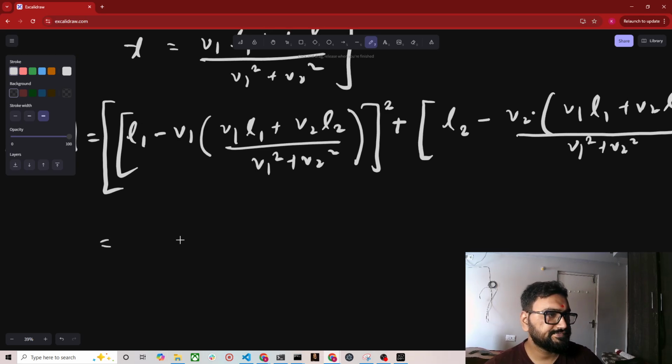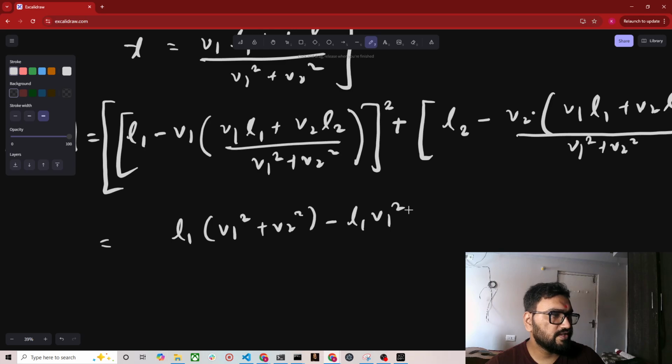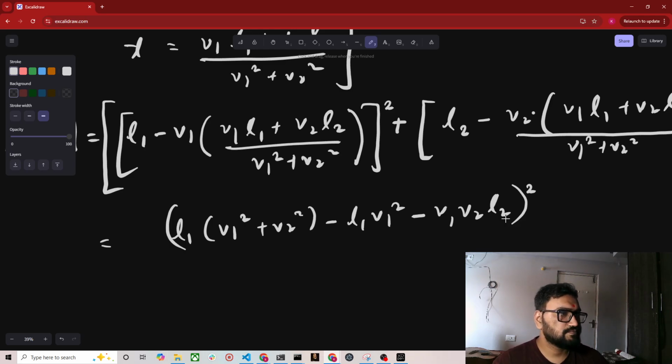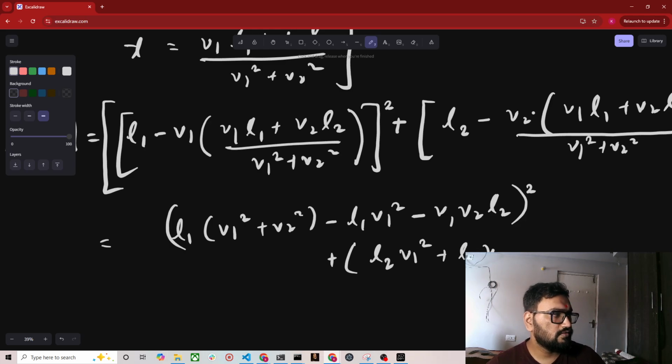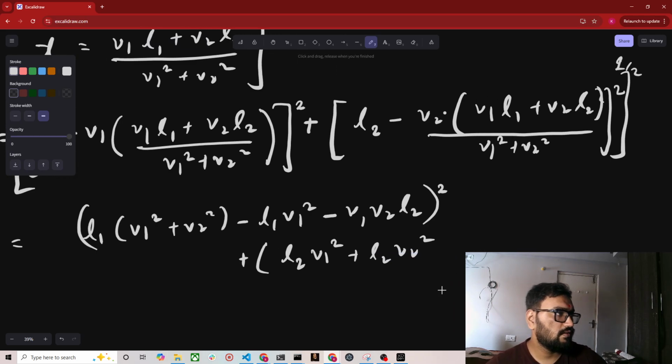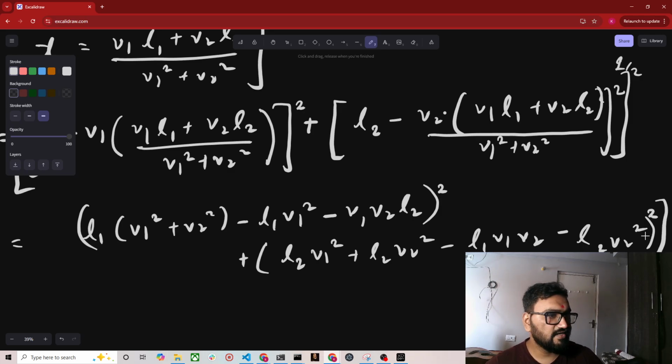We'll get L1 V1 square plus V2 square minus L1 V1 square minus V1 V2 L2, square of this, alright, plus L2 V1 square plus L2 V2 square minus L1 V1 V2 minus L2 V2 square, alright, and square of this entire thing's